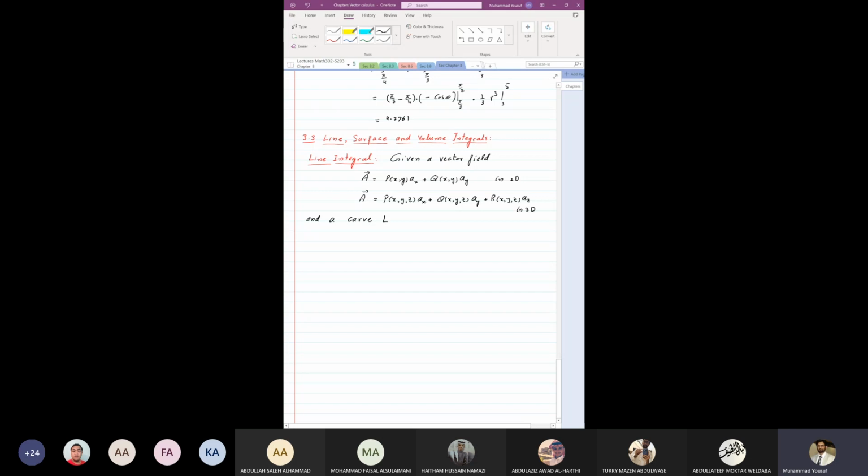It depends. Now, if a third variable is 0, like in Cartesian, cylindrical, spherical, if third dimension is 0, we are only in 2 dimensions. So it may be in 2D, but I think mostly questions will be in 3D. Okay, so given vector field A and the curve L,